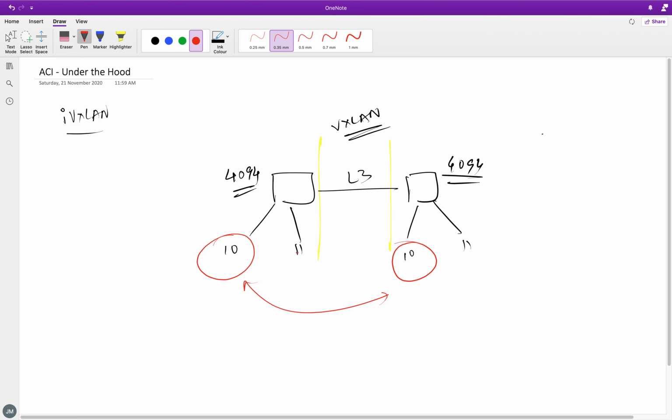In simple terms, the packet which is coming here, you still have the inner packet, but on the outside you encapsulate it with the VXLAN header, and then a UDP header. So generally, a VXLAN packet is the actual payload inside a UDP, inside an IP,